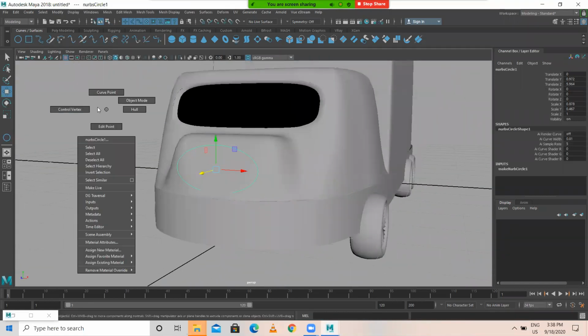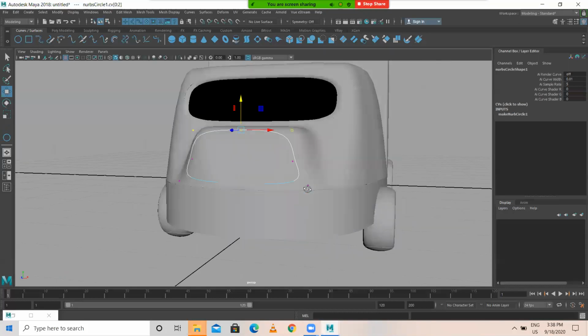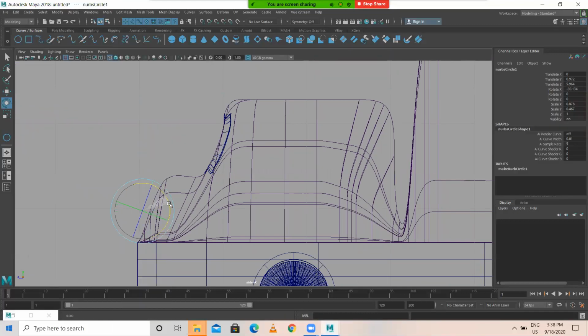Again, like this. So just rotate it like this, and just place it over here.